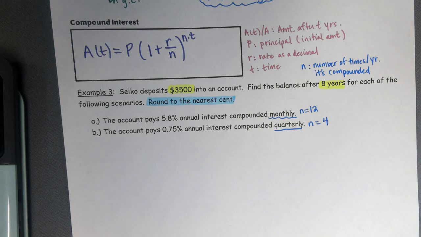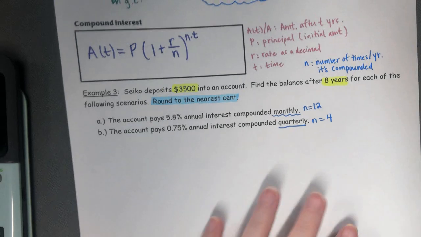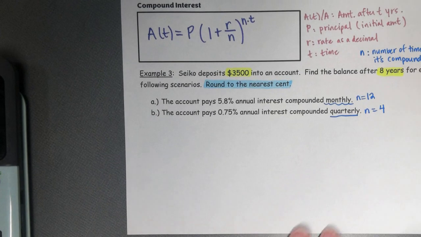And then if it says annually, how many times a year? Once. Semi-annually? Twice, like a semester. Yep. Okay, so for part A,